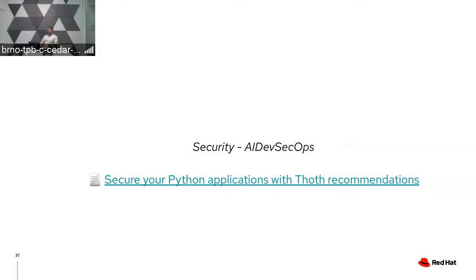In the next section, we will talk about security. Security is an important aspect when shipping your applications. The code name for Thoth is also AIDevSecOps. And if you're interested in security and how Thoth can guide you with respect to security, feel free to browse